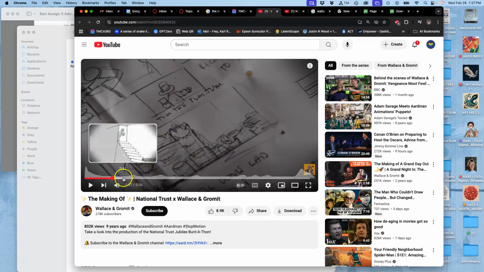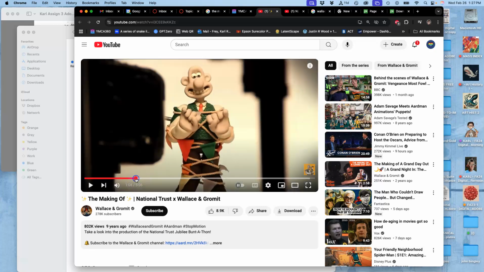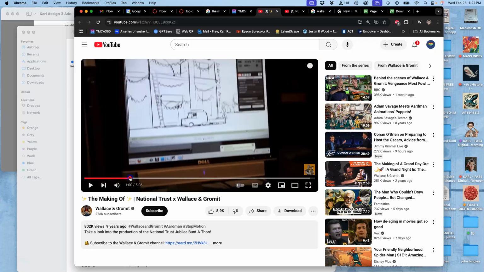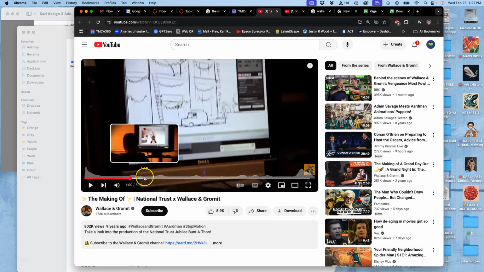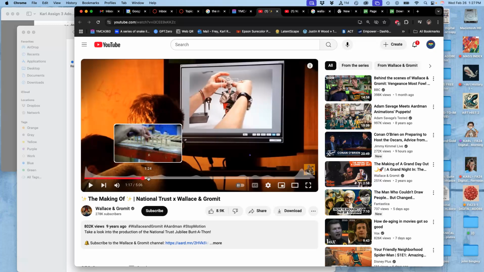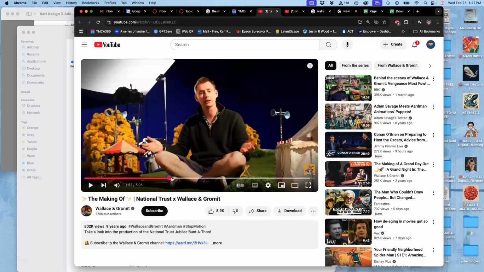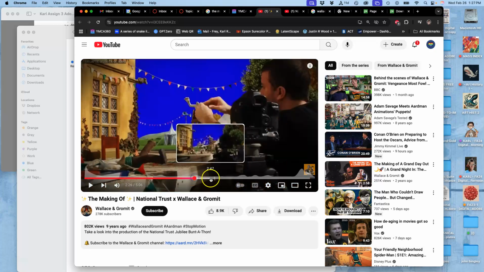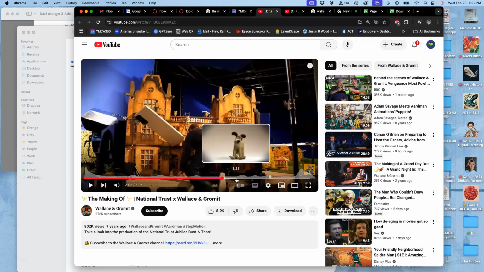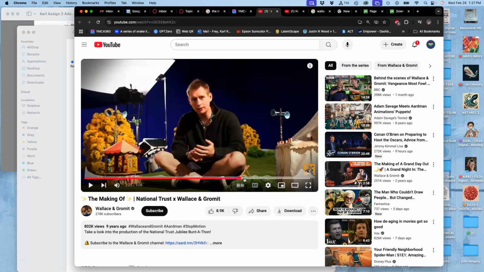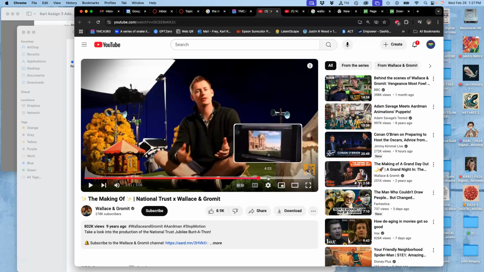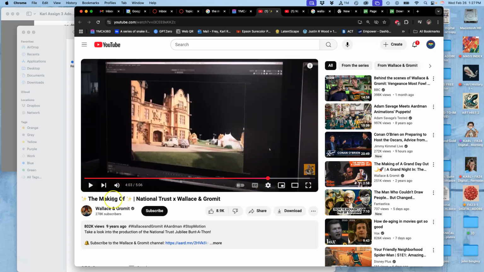First they storyboard it so they know what to build. Then they run like a little hand-drawn animatic so they know what their shots will be. And then they have to build everything by hand. The sets, the props, the characters. Even all the expressions of the characters. Right? And then when they put it all together,